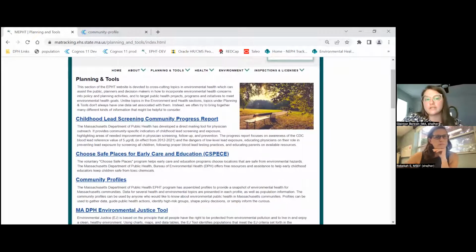Our planning and tools section is like a little library of dynamic tools similar to the community profile. So if visuals are really helpful to you and you're not sure exactly which parameters you want to select when you go digging into the specific data sets, these can be really helpful because they also provide that context with the data.